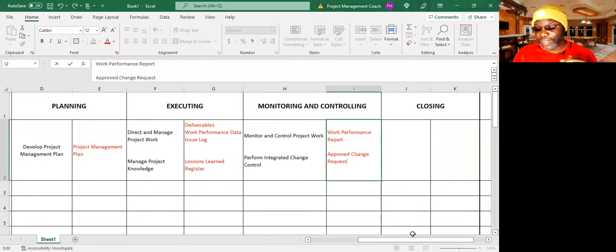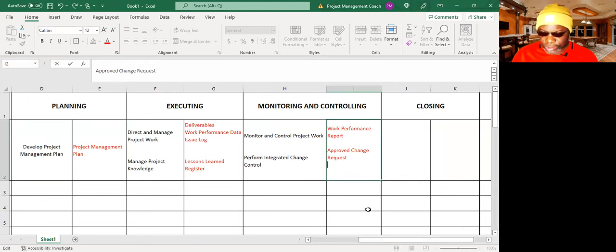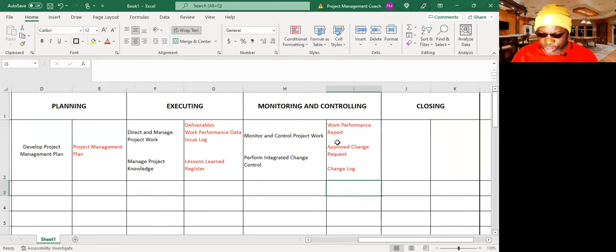Those are not listed as outputs. Instead, they are alluded to in what we call a change log. So just keep in mind that a change log exists in this process,